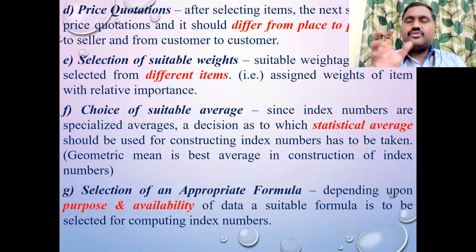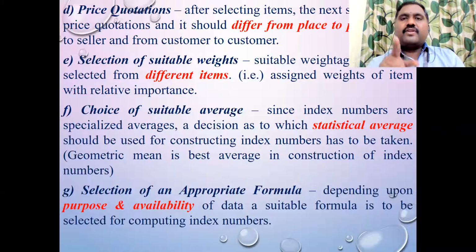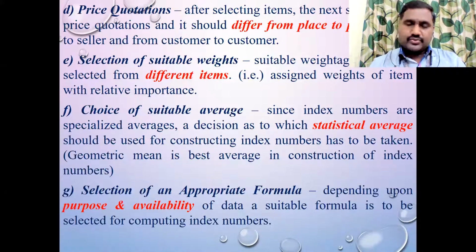And then the fifth one is to choose a suitable weight for each item. That is very important. And then choose a suitable average when you are finding the average for the given variable. To know the changes in the price or variation in the price, you need to find the average. You have to find two averages: one is the simple average, another one is the geometric mean. You will understand when you are working out the problem under the simple average of price relative method, you need to calculate the simple average as well as the geometric mean.